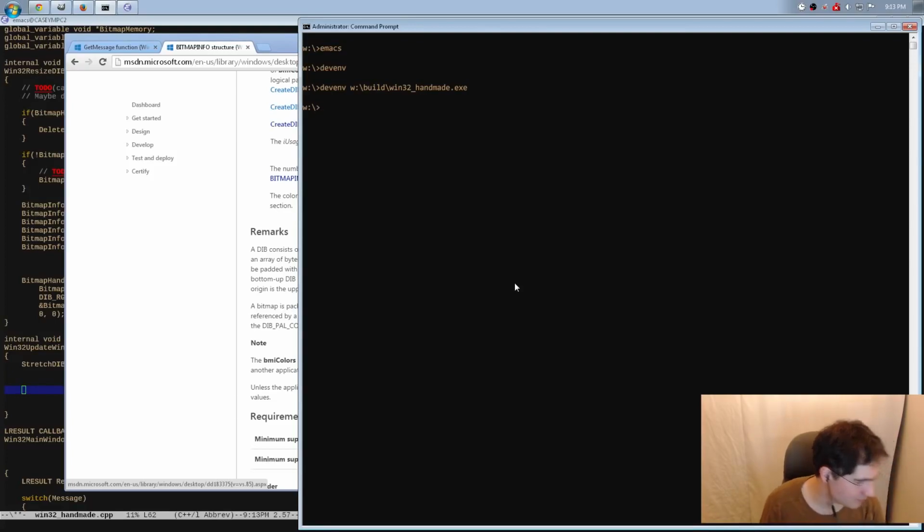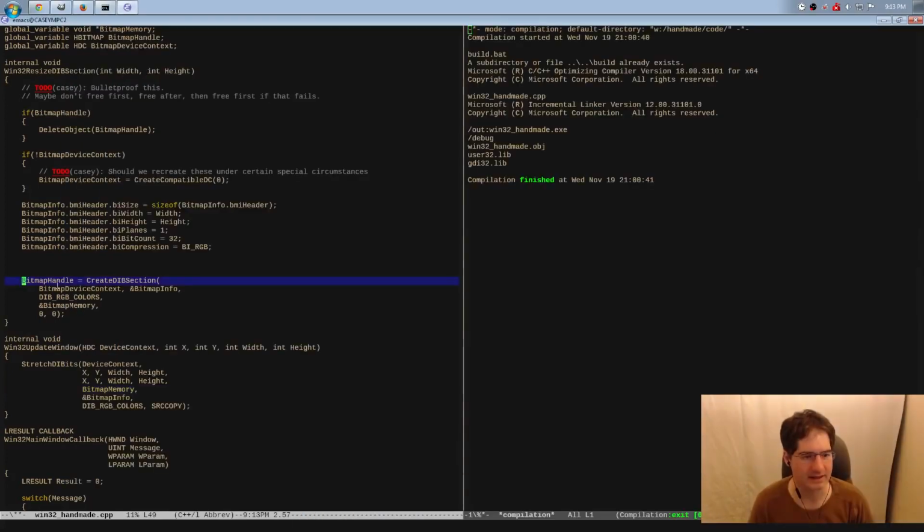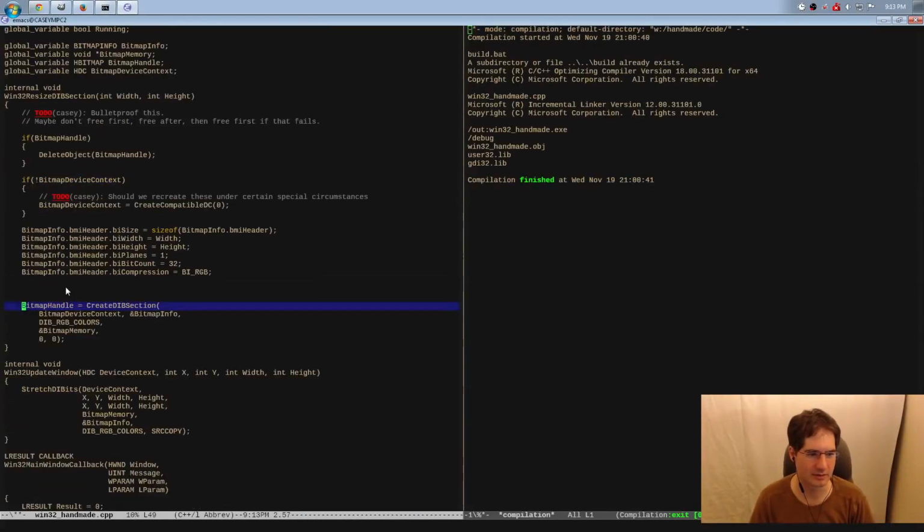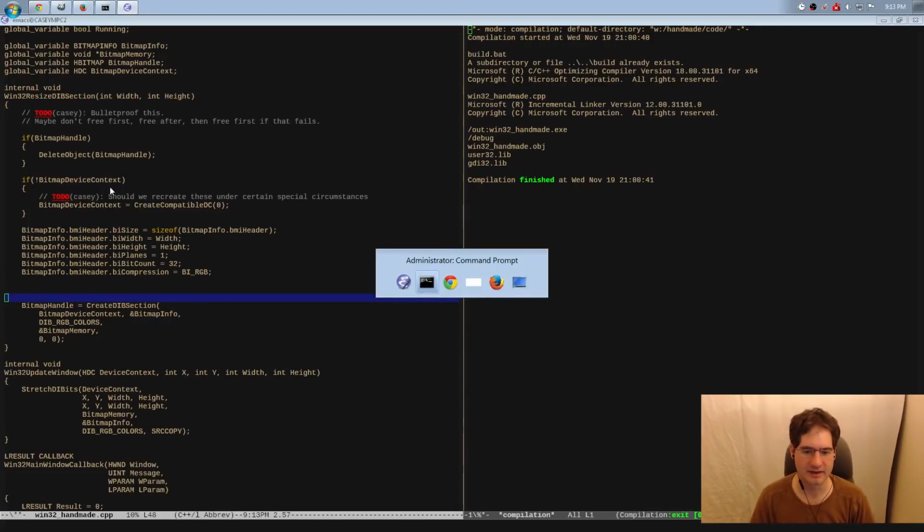Can you explain what exactly a void star is, a pointer to nothing? Yes, I can, and we will get to that in a little more detail when we actually start to draw. The reason it was a void star was because we don't want to specify the type that we're pointing to. So if you remember, a pointer is just a value, a number, which is the offset in memory